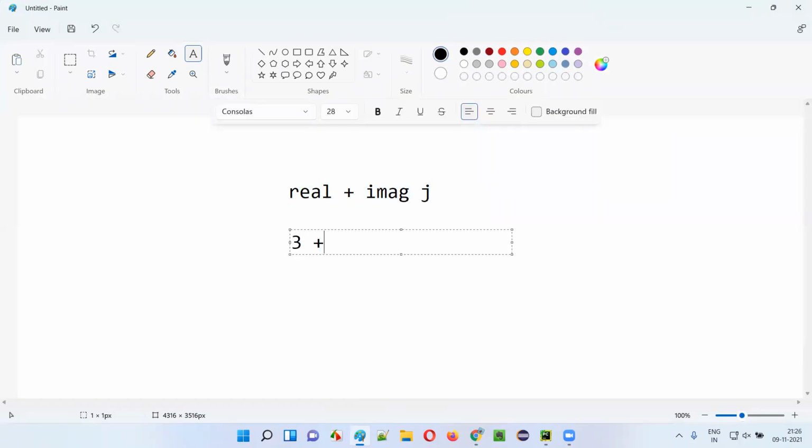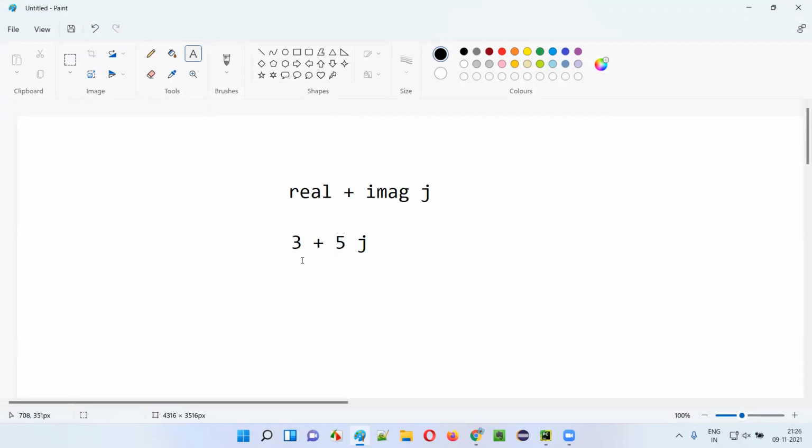An example can be like this, guys: 3 plus 5j. This is a complex data type value. Here 3 is the real number, 5 is the imaginary number, in between there is a plus symbol, and here we have j. J should be there, guys. This is the format. What does this j mean? J means